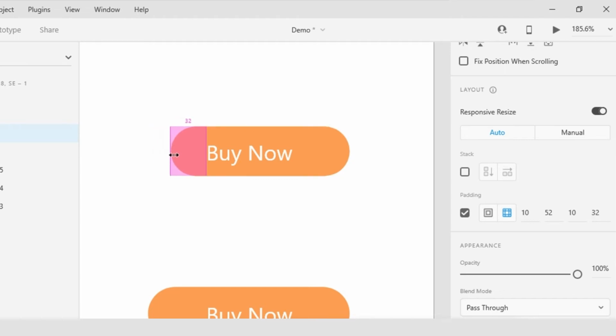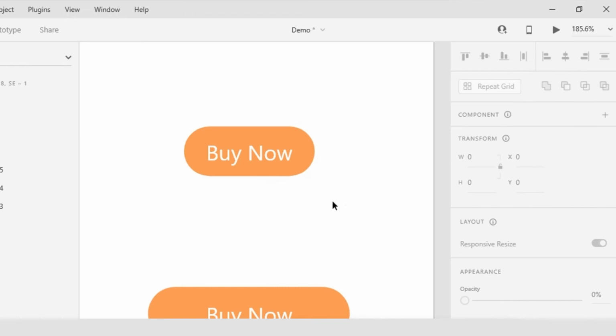I could have come here in the properties inspector and just changed the values numerically. That could have worked as well. Notice I have the ability to make all of the padding the same on all sides of the object. If I do that, it looks pretty awful, so I'm not going to. I will go back to the padding on each side and make sure I have those values. We'll go 10, 20, 10 and then 20 again.